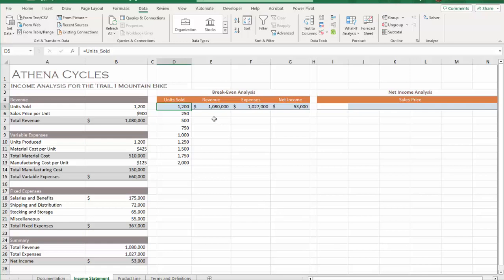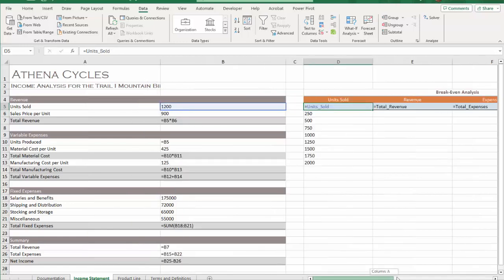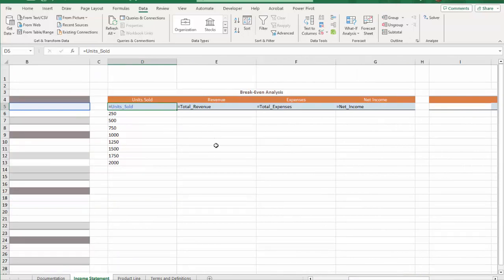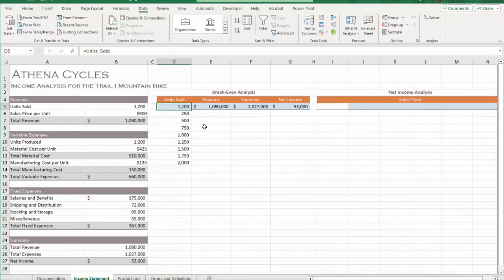So starting from step 3, here's what I got, D5 through G5. I entered the cell reference so that we get those numbers from those particular cells. And then D6 through D13, I have units sold increase from 250 to 2000. So with that, we're going to create a one variable data table so that it shows break-even point, either negative or positive